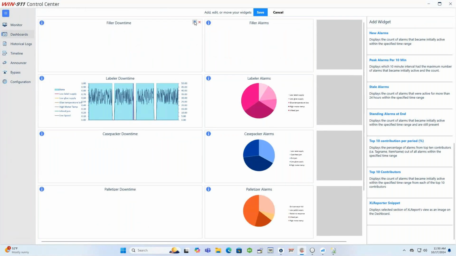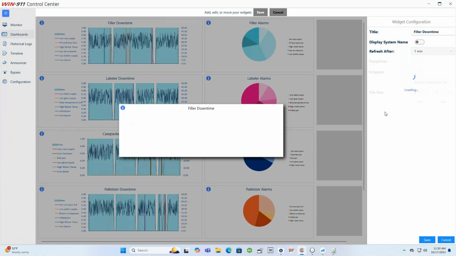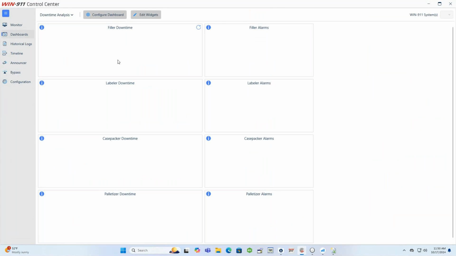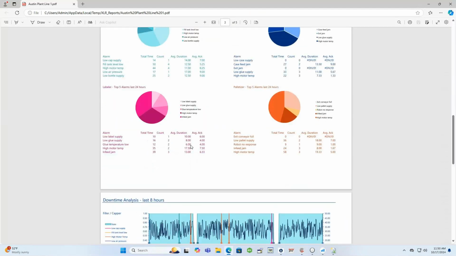We can see in this one, right, that the widgets that are available here are basically just all the different chart objects that are available on that particular report, right? So we've got downtime by shift, reason, super reason, and then all of the alarm and downtime analysis objects. And if we put this back into run mode and we double click on one of these widgets, right, it's just taking us to the full view of that